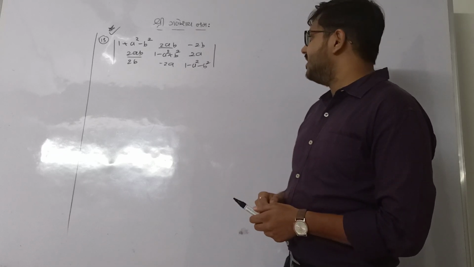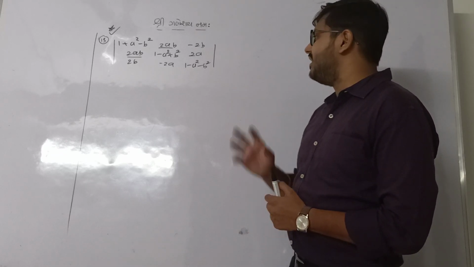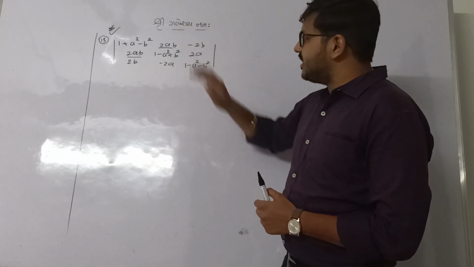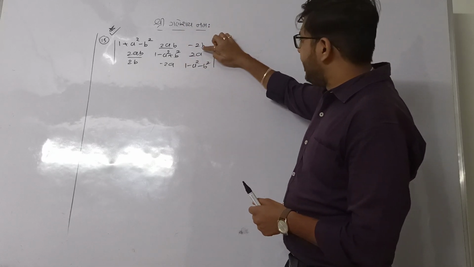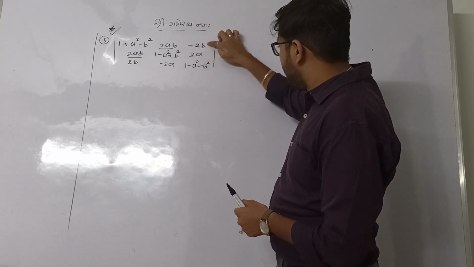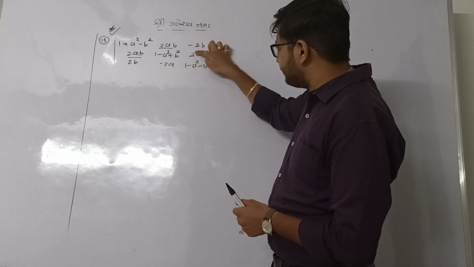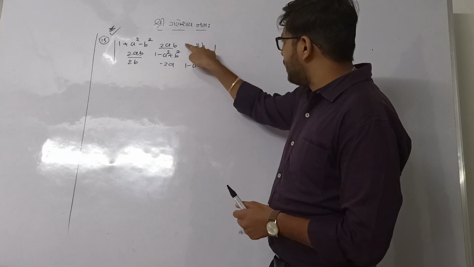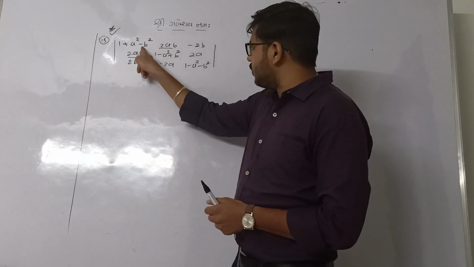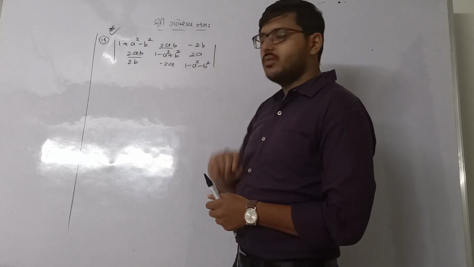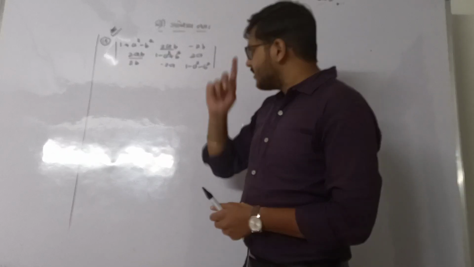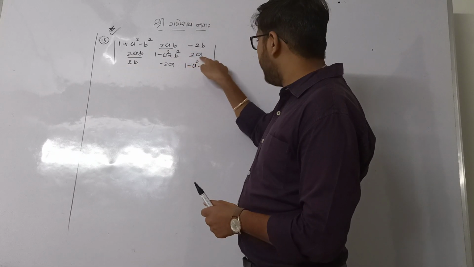For that, just observe the elements. We'll get the answer from the form which is given to us only. Just check, we have minus 2b. If I multiply this by minus b, I will get plus 2b square, and then if I add it in this column, minus b square plus 2b square will be plus b square. Similarly, just check, here we have 2a.